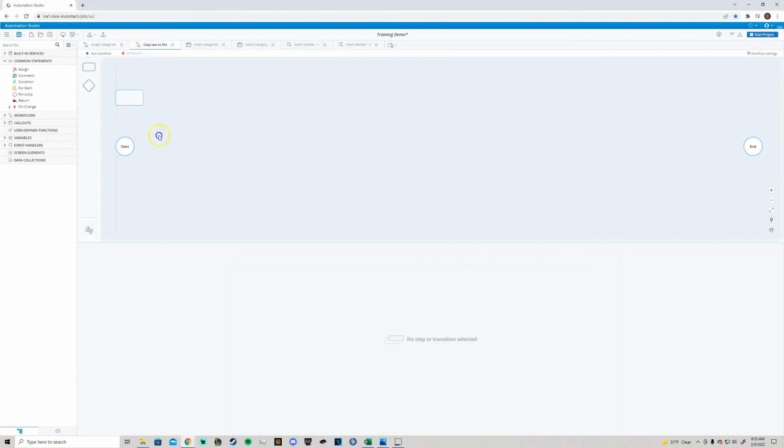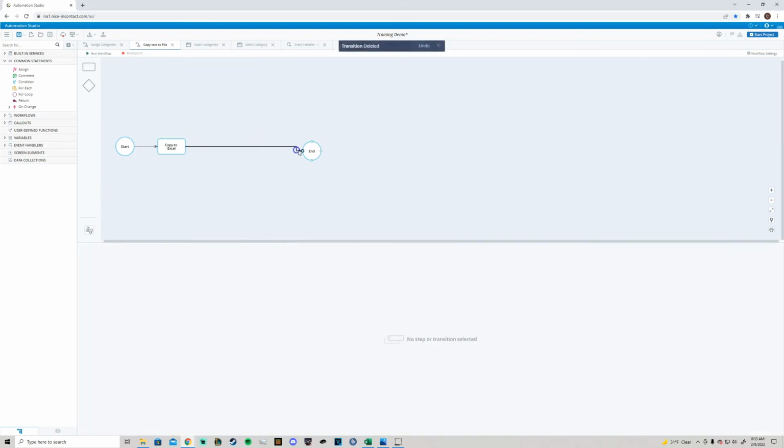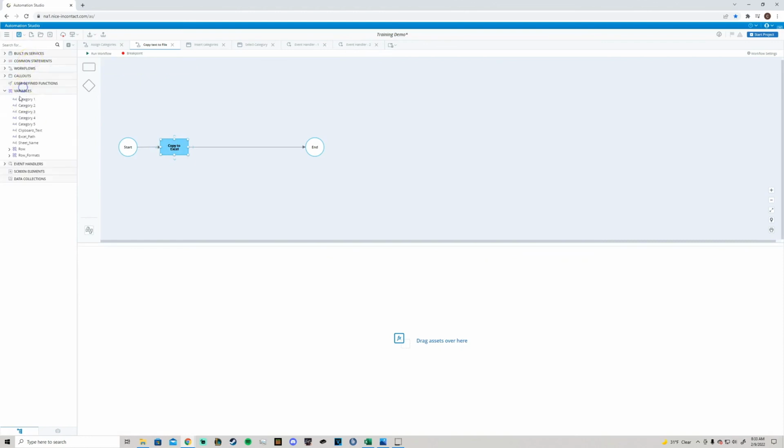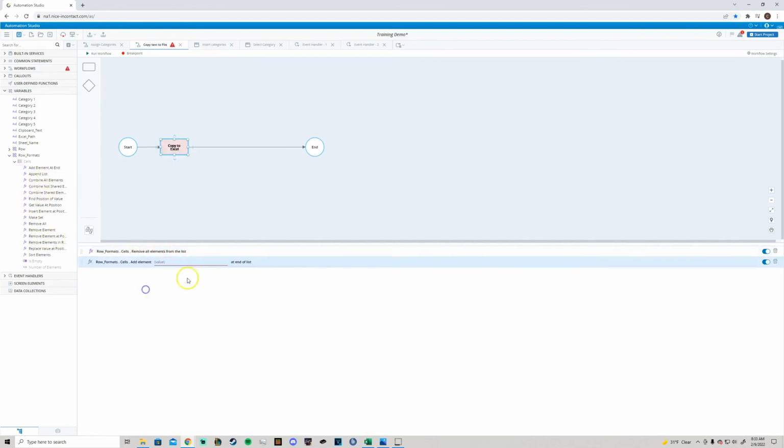And that's going to be our copy text to file. So we can just call this copy to Excel. And now that we have this, this is the last thing we need to do. So go into our variables here. We're going to take the row format, cells, and we're going to remove all. Once we've removed all, we're going to add an element at the end, and you're just going to type in